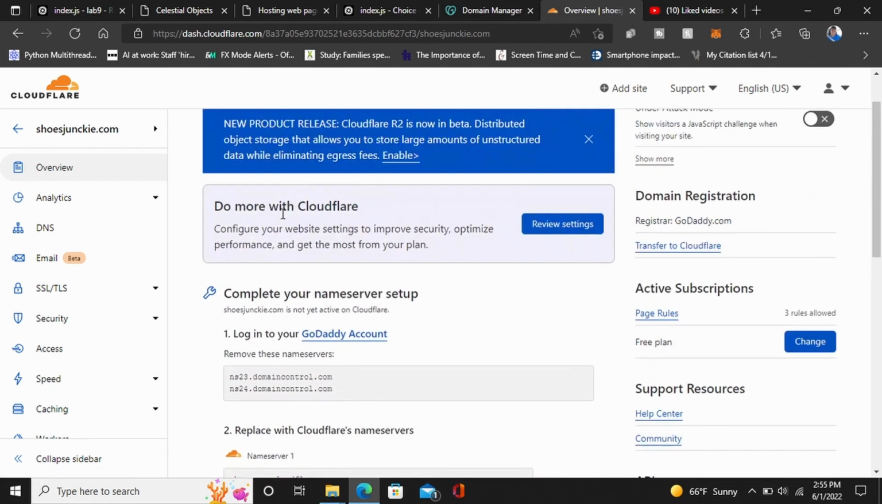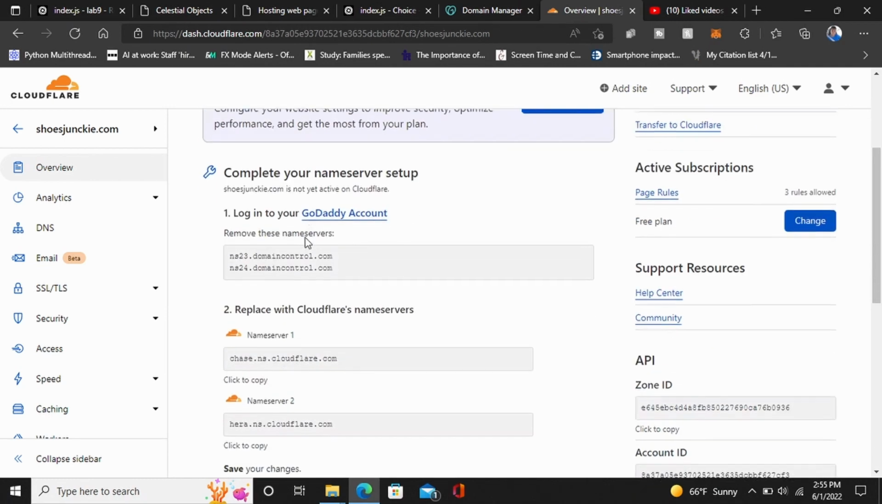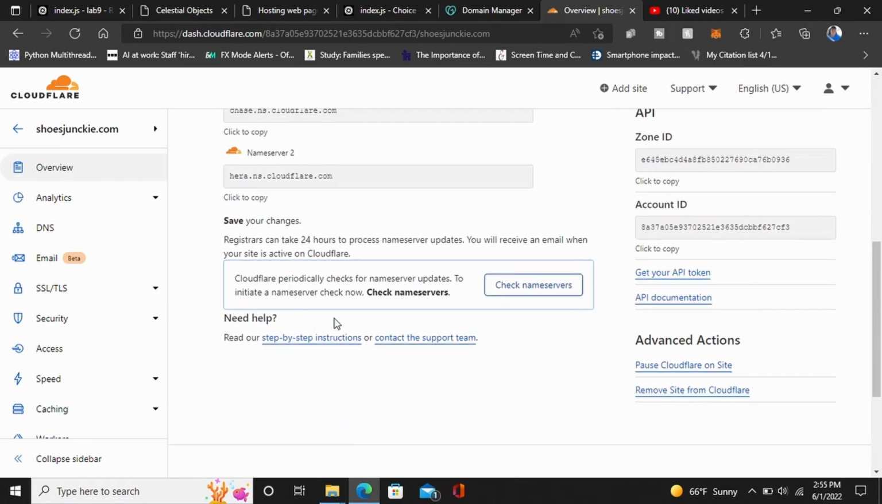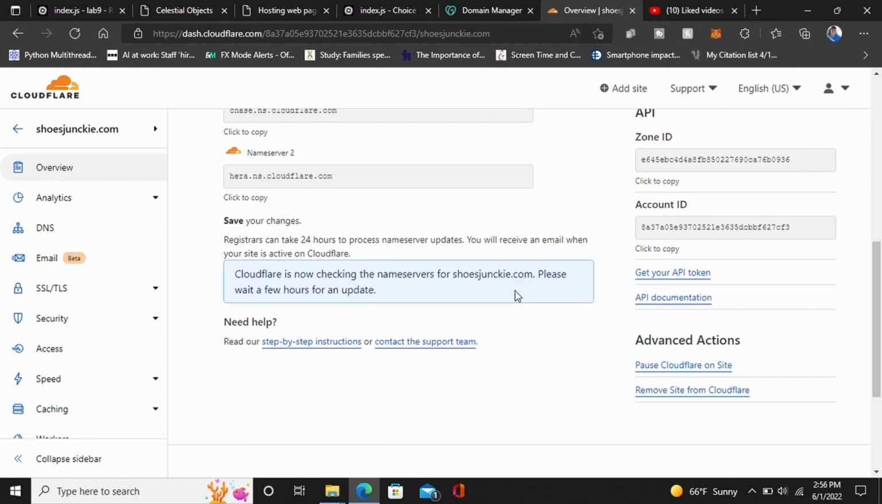So once you are here, it says done with Cloudflare. You will now scroll down to the bottom and click check name servers. Okay, it's now going to tell you Cloudflare is checking the name servers for shoejunkie.com. Please wait a few hours for an update. So what you have to do now is just wait until they send you an email. They will send you an email telling you that the site has been added to